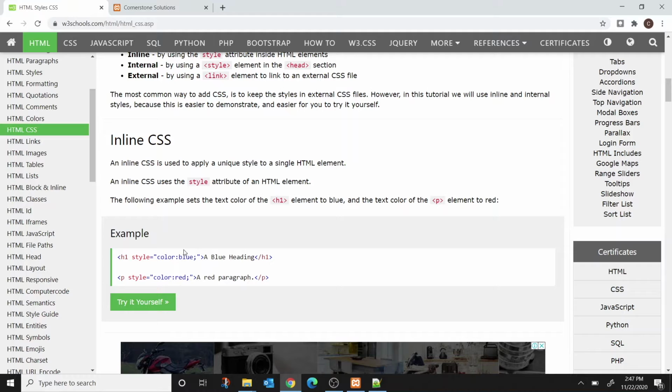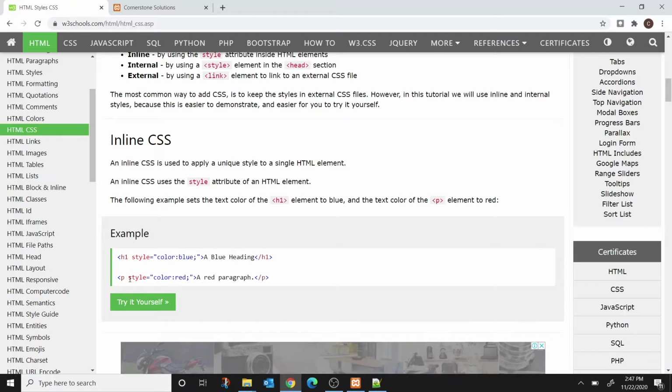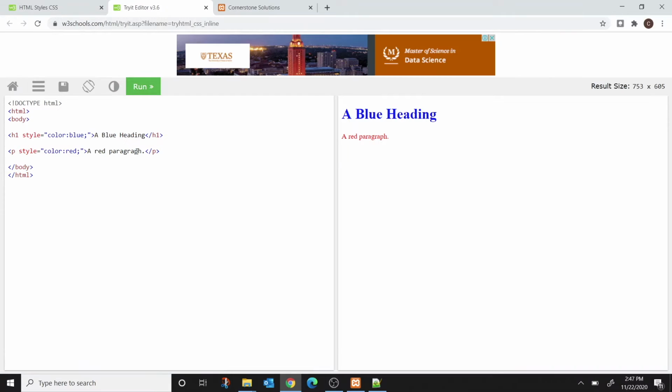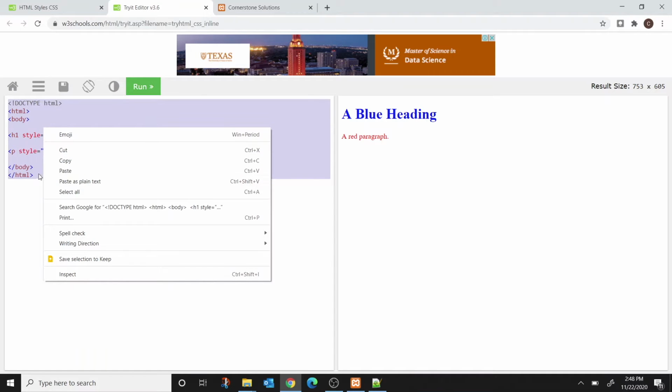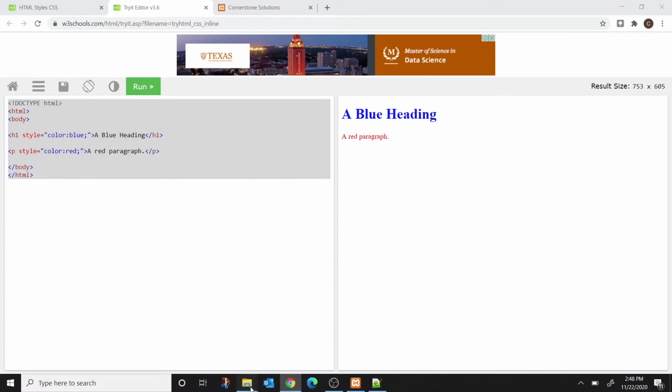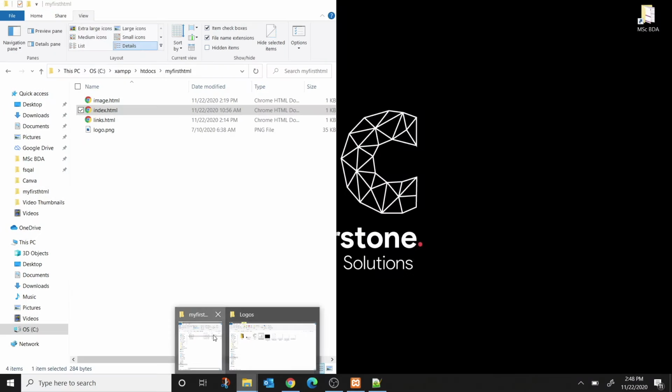Inline CSS means we use a style attribute to add the necessary style for that specific HTML element. So if you see here, h1 is the tag, which means heading 1. The style here is blue, and here the same thing they've done with red. So let's copy this